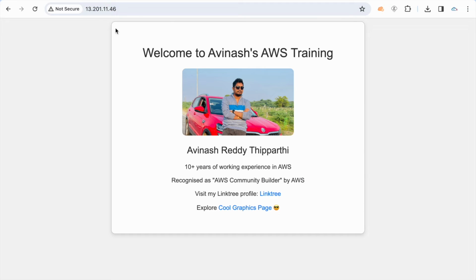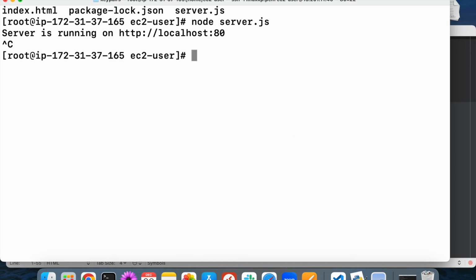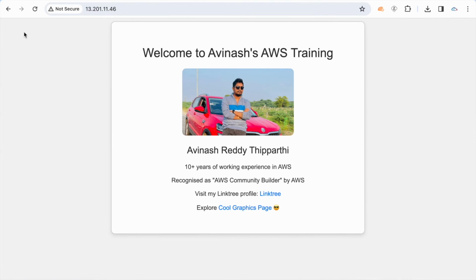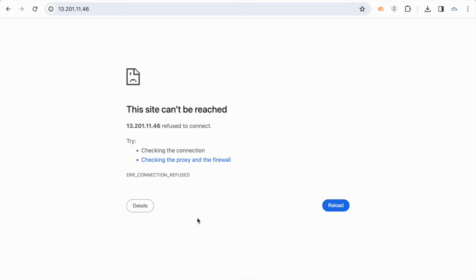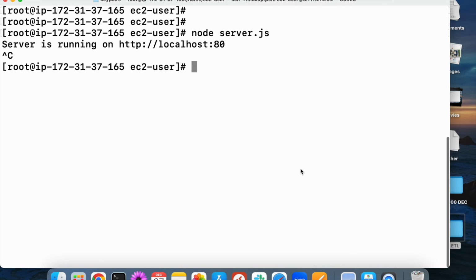All right. So again, if I press Control C, that is an interruption command, right? So if I go here and give a refresh, again the website is not working. Okay. We have some issues whenever we are running in this method. So whenever we are running node space server.js, it is running, right? But it is going to use this terminal to run the process. So if you want to run this in detached mode,